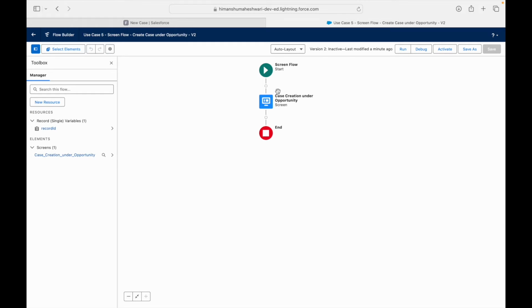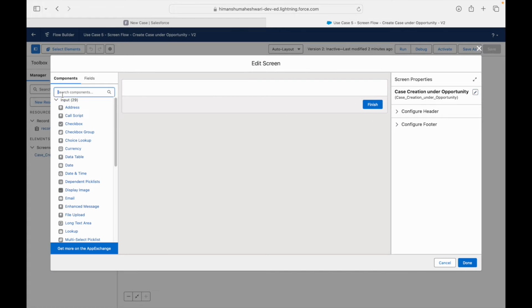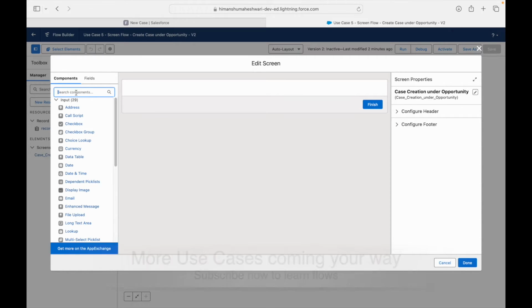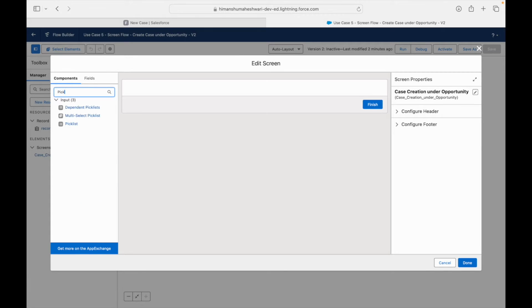Okay, let's go in here and let's jump into our screen, and here is where I want to provide them the case variables. There are two ways to do it. I either choose to create individual fields and then use those inputs directly to create a case record, or else I use a record variable, right? So any method can be used. All right, so I'll just go ahead and start pulling in the input fields. First of all, I need a pick list,